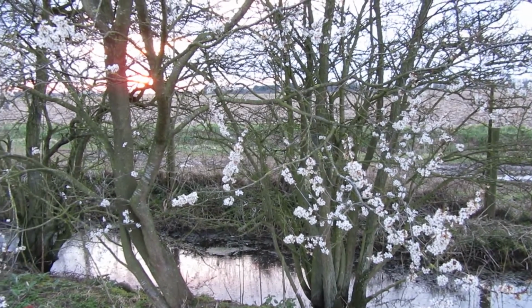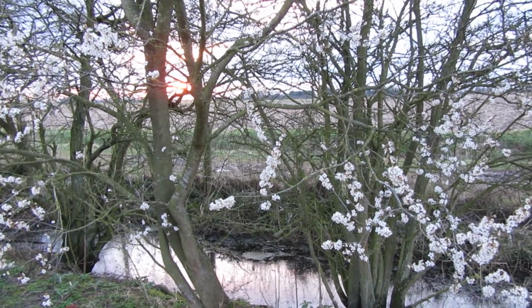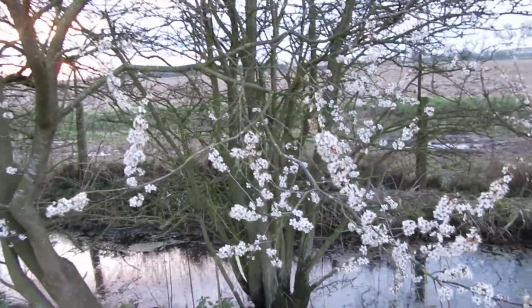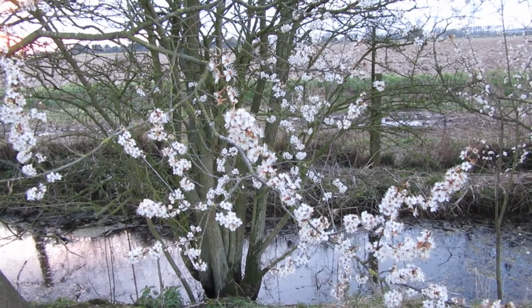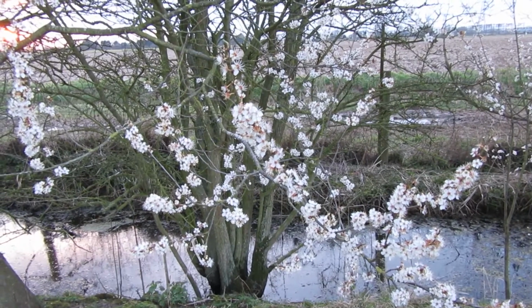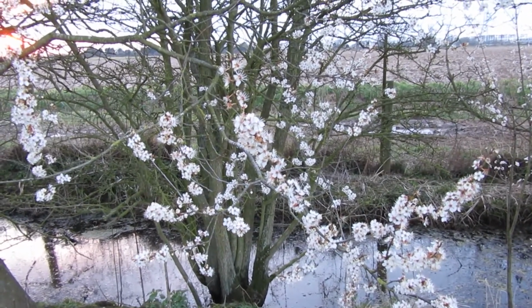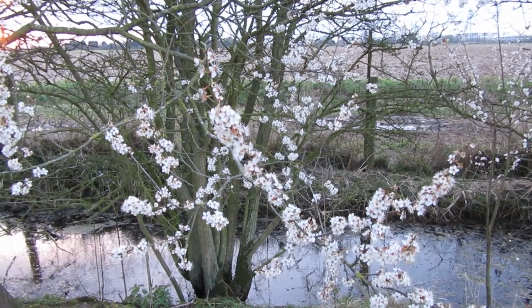We've got a lovely sunset again, and we've got some blossom out as well. I don't know what this bush actually is, but it's always the first in the garden to have blossom, which I think is a welcome treat for any bees that are out early, although it's quite chilly this evening, but it looks beautiful and it smells lovely as well. It's very, very